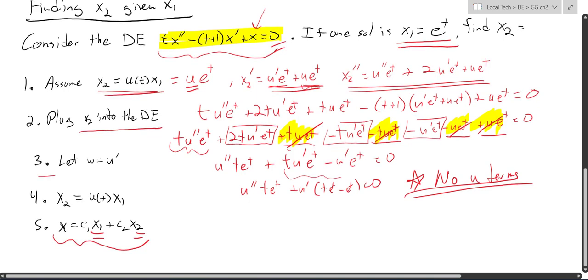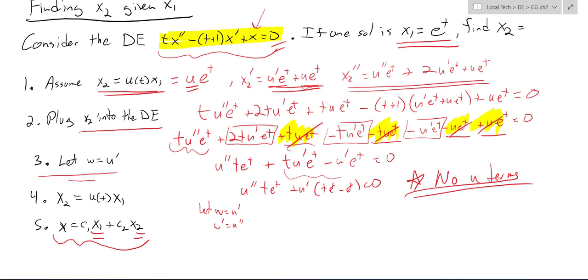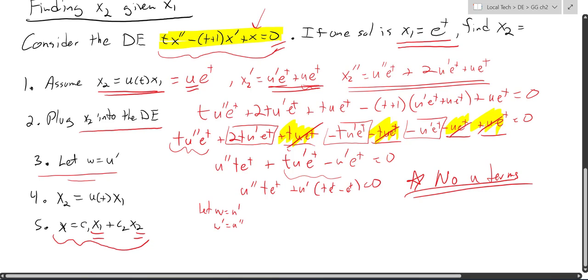From this stage, I can go on to step 3, and I can let w equal u prime, which means that w prime is equal to u double prime, which is going to let me reduce this second order differential equation in u to a first order differential equation in w. So plugging these values in, I'm going to get w prime t e to the t plus w, all this other stuff. This is a first order differential equation, and it turns out I can solve this with probably separation